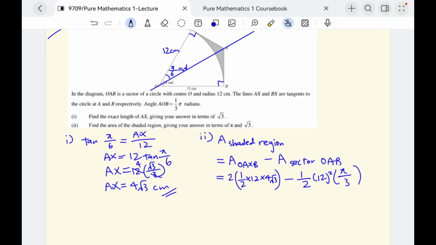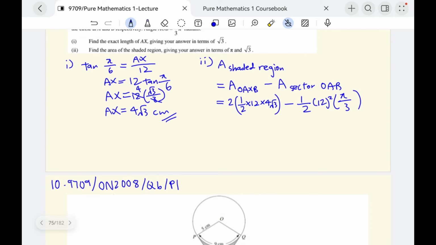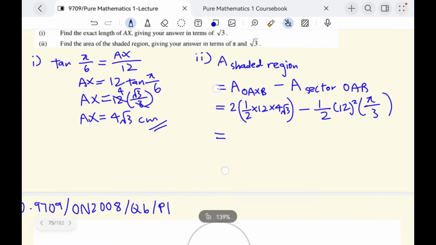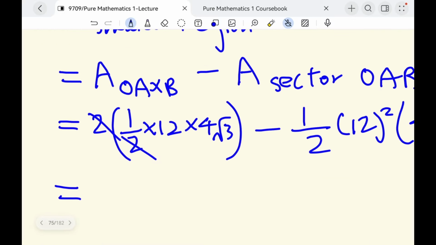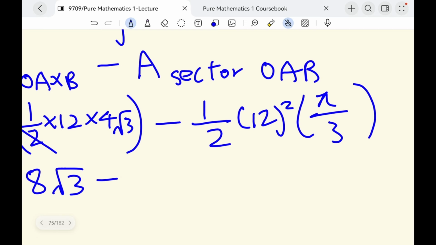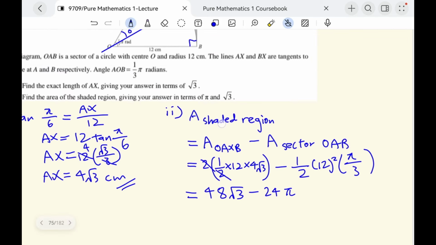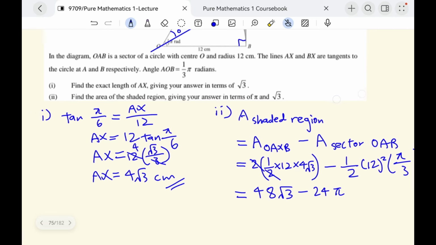I think this below part has a problem of context sensitivity, so I will move upwards. So these two you may cancel out. So what will we get for the left term? You will get 48 root 3. For the right term, you may calculate and see. You will get 24 pi. Alright, your final answer for the area of the shaded region is 48 root 3 minus 24 pi,